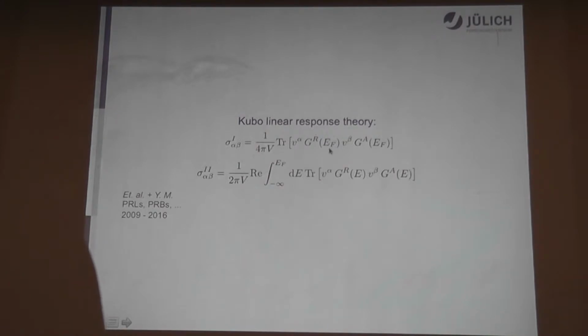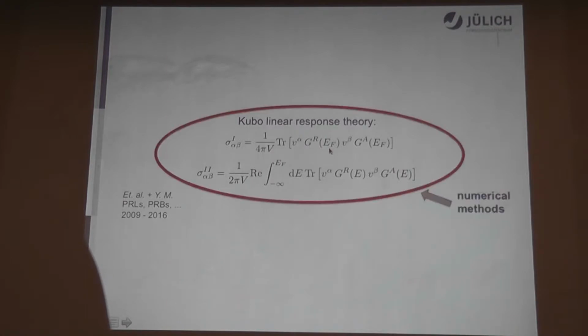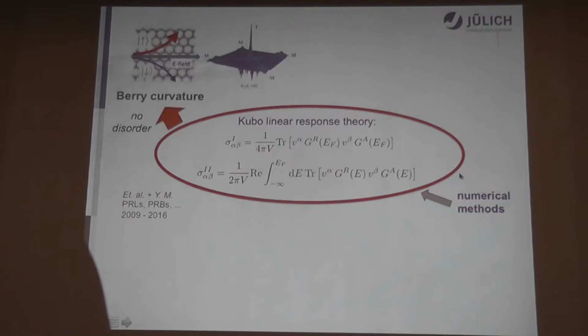Now, you can start working with that, and this is also what we do, because the Green's functions give us the ability to include disorder in the system. And disorder is an extremely important element in all these transport studies. Our activity is largely associated with the development of numerical methods which allow us to solve these equations in various situations. For example, in the limit without disorder, you arrive at this notion of the Berry curvature rather rigorously. It is a well-known result.